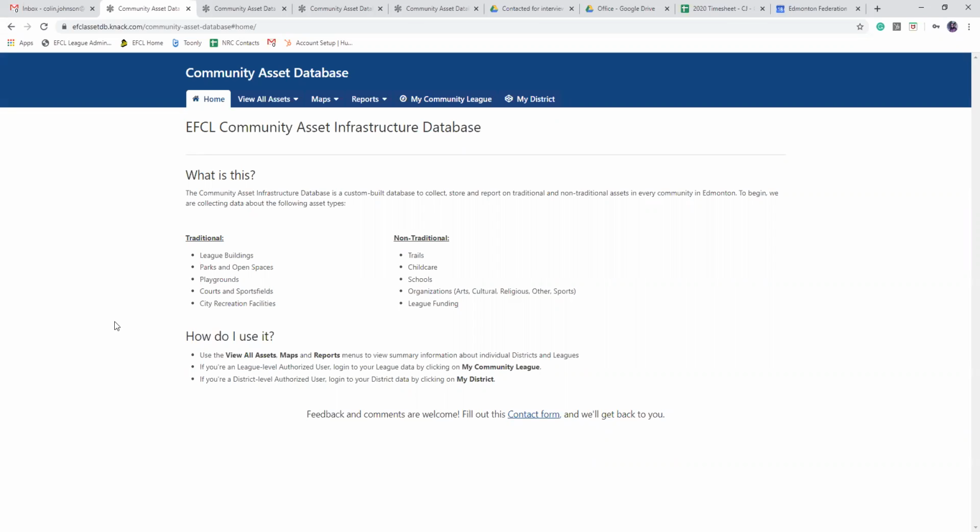In this video, we are going to talk about what the Community Asset Database is and give a brief tutorial on how you can use it. So the Community Asset Database is a custom-built database that the EFCL is managing that lets you see the infrastructure